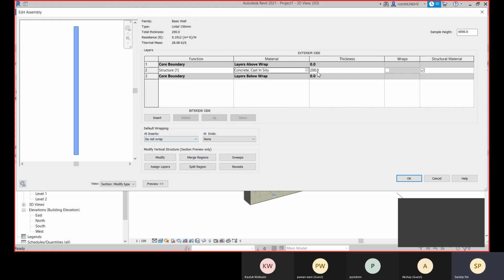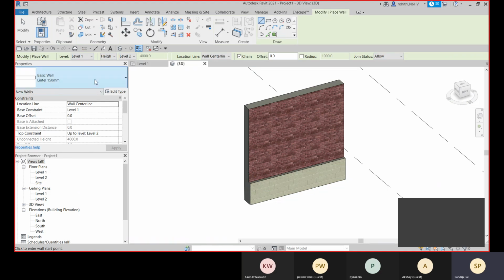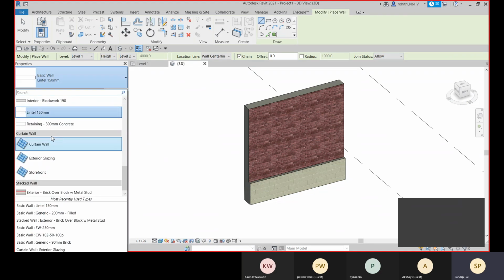All right, and the thickness will be 150. So that is the lintel I have created, and if I need to wrap it at the inside or at the end, I can give that value. I'll demonstrate it after placing it, and since we're placing it exterior, that's okay. So that is created now.